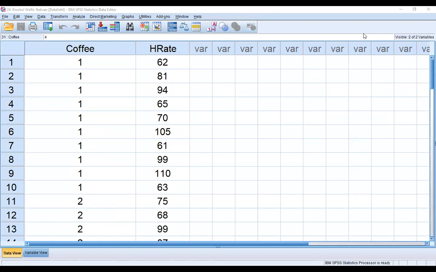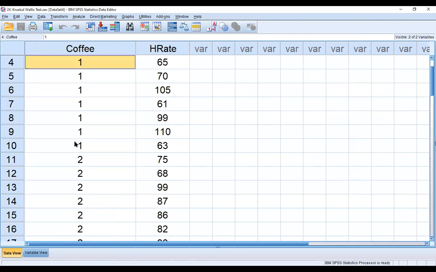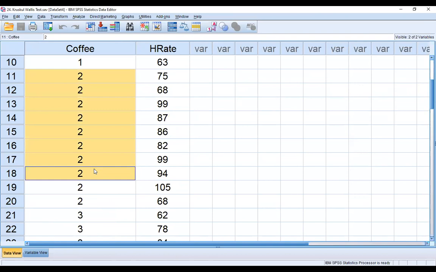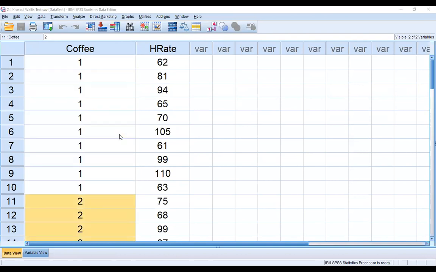So here it's a coding. You can give the coding 0 and 3 also. It's no problem. Instead of 1, you can give 0 and the other groups 1, 2, 3. Then again we will take 0 and 3, not 0 and 4, because there are only 4 levels. Okay, thank you. Now I am performing the independent t-test, sorry, the Kruskal-Wallis test.